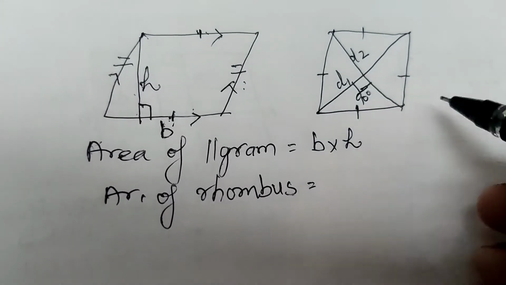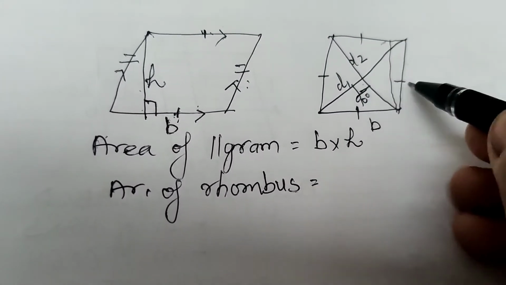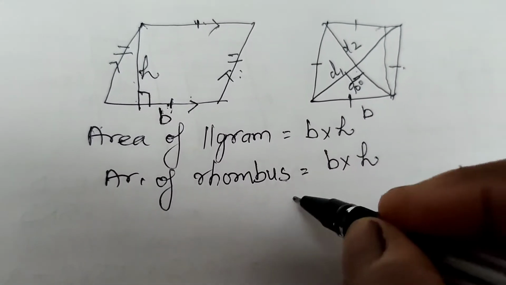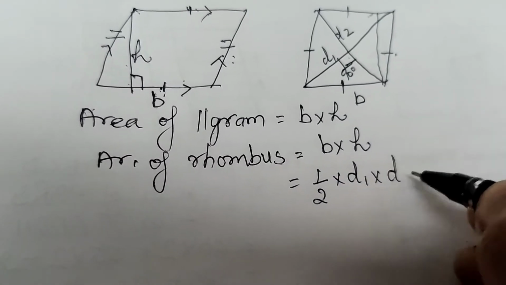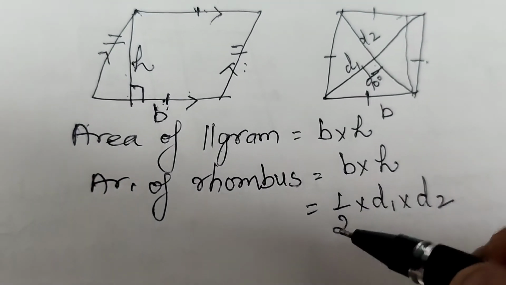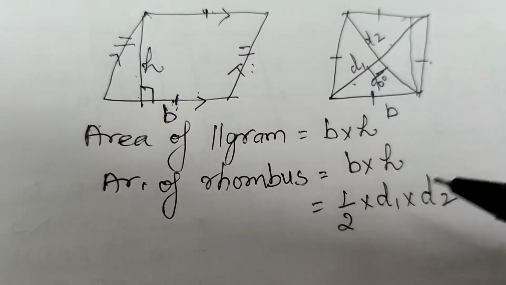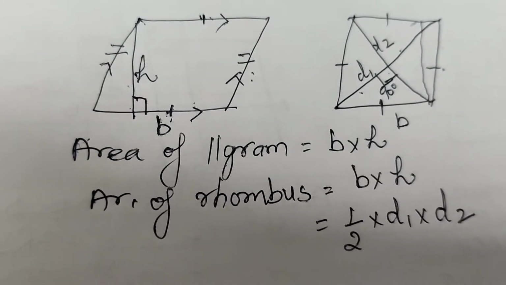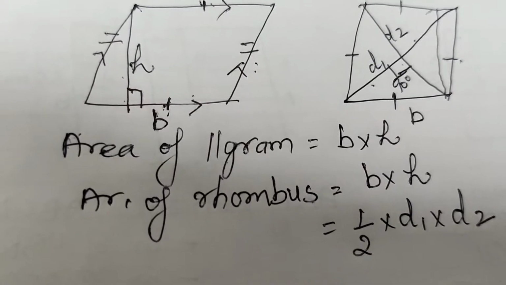दो फॉर्मूला है, दोनों ही यूज होंगे. एक तो सेम बेस इनटू हाइट बिकॉज rhombus is also a parallelogram, and the other formula is 1/2 product of their diagonals. 1/2 d1 into d2, half of the product of the diagonals. Okay, these are the two formula by which we can find the area of rhombus and parallelogram.